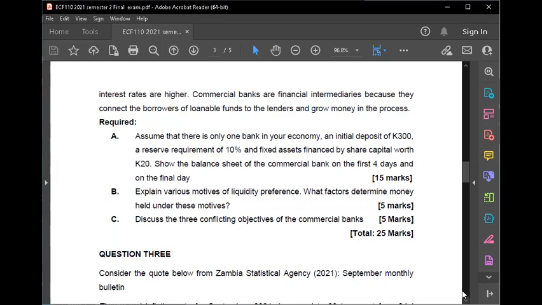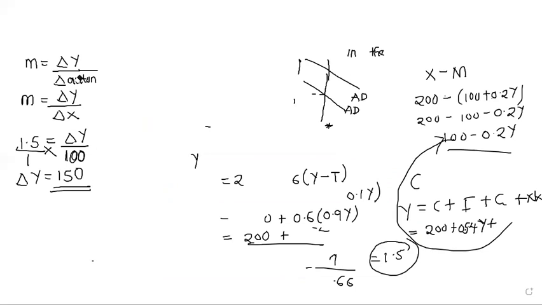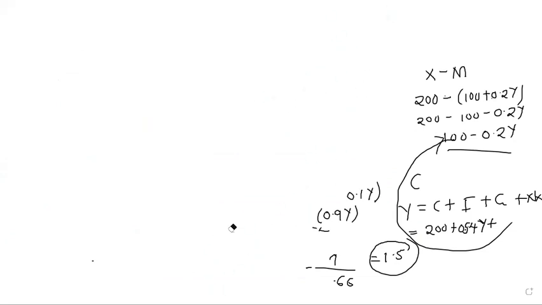When we're dealing with the balance sheet, you know that you have liabilities and you're also going to have assets on the other side, and they should be equal. So if you have liabilities of 300, then the assets should also be 300. That should be the bank's balance sheet throughout. It will not change unless there is a change in either the liabilities or the assets, but otherwise it always remains the same.